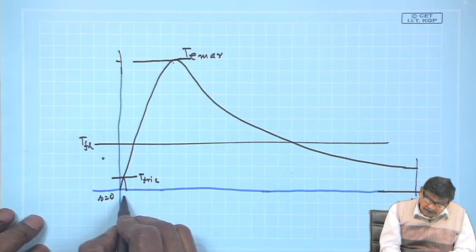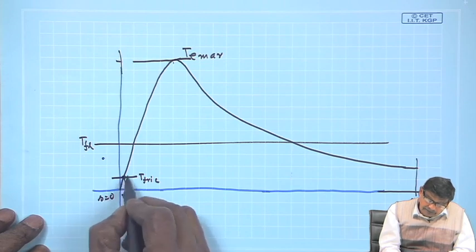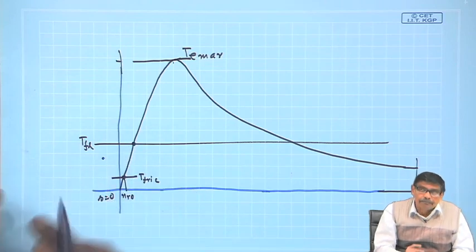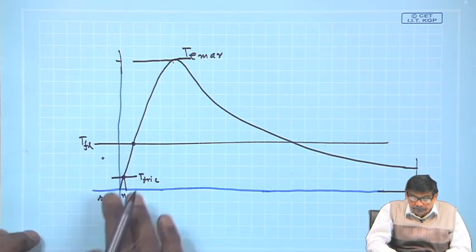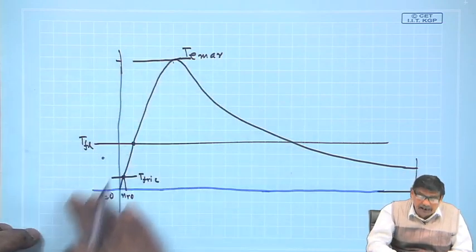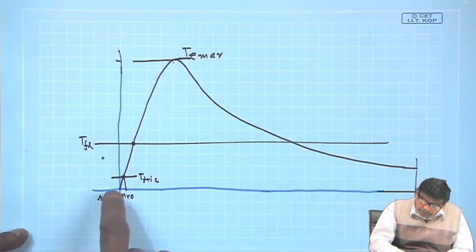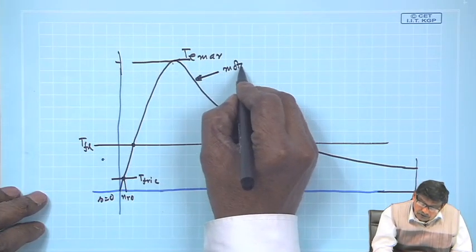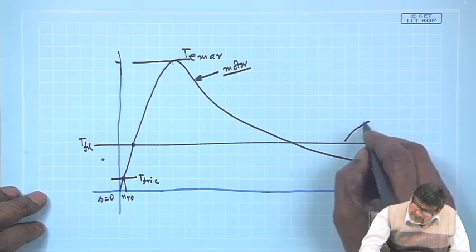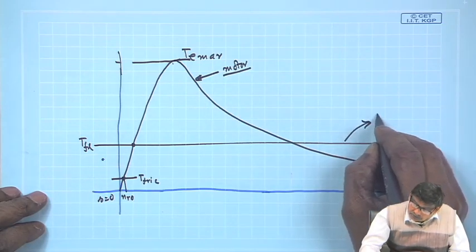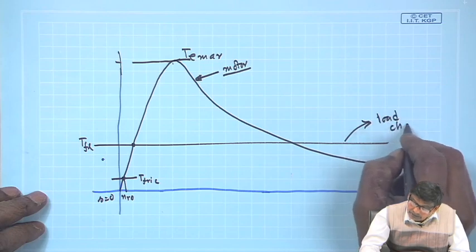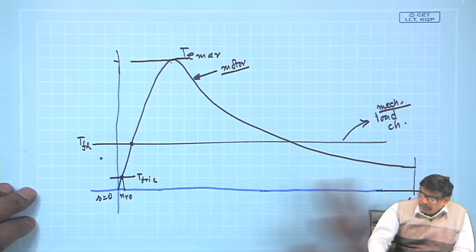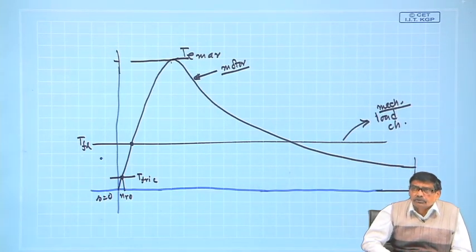Earlier it was running at no load speed N r0, now suddenly it is increased, and we know the final operating point will be here. But we must now observe these two torque slip characteristics very carefully. One is because of the motor, this is the motor characteristics, how much torque it will generate, and this is the load characteristics, mechanical load characteristics. It demands that no matter at what speed it is running, it requires a constant load torque. It means that.